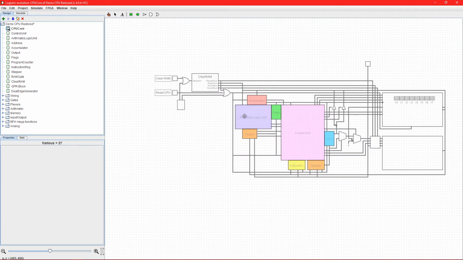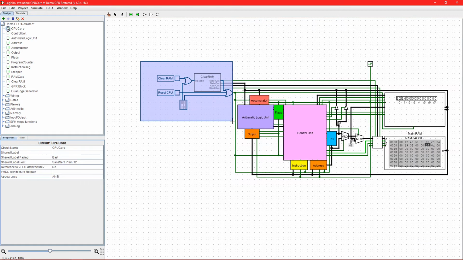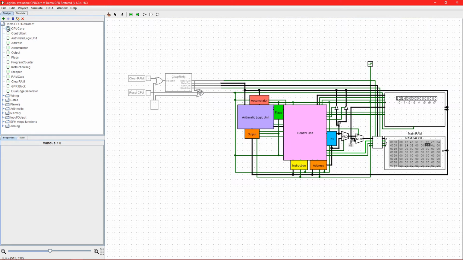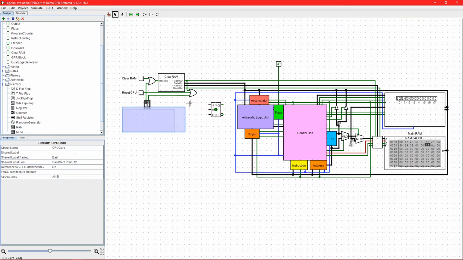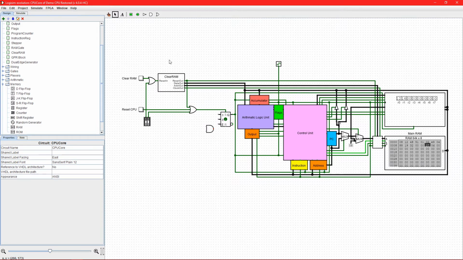Next, I'm going to move this over. Perhaps I should make the clock be over here. I'm going to put an SR latch on this reset signal. The reason for this is that the reset should only go low when the clock is low. So I am going to negate the bottom input of the AND gate, wire the AND gate to here, and then bring the clock signal down so that if the clock is high and we hit the reset button,